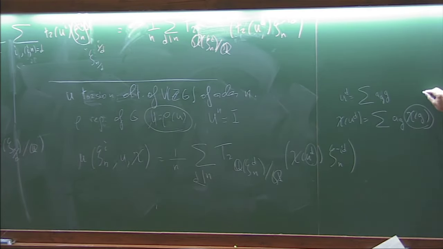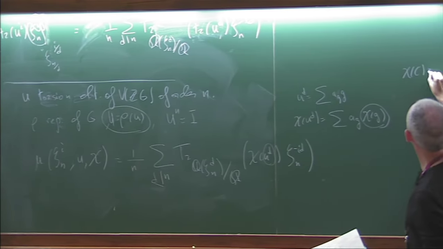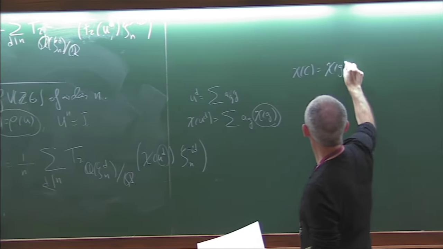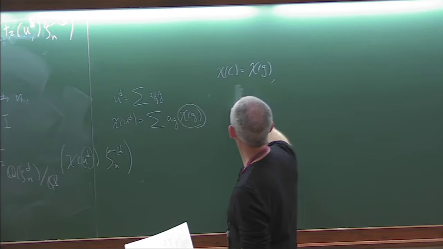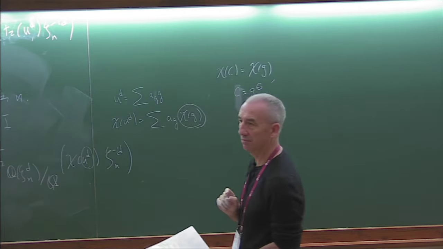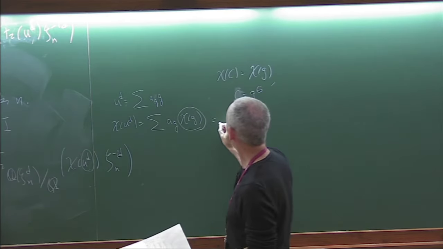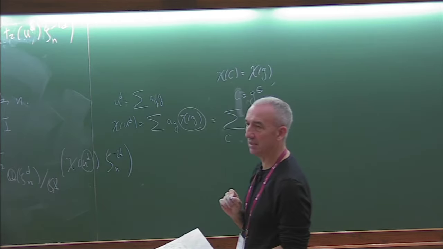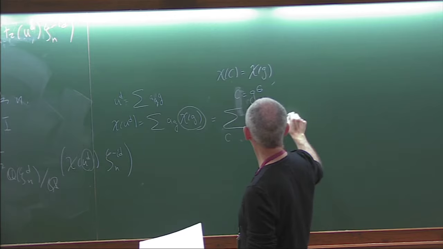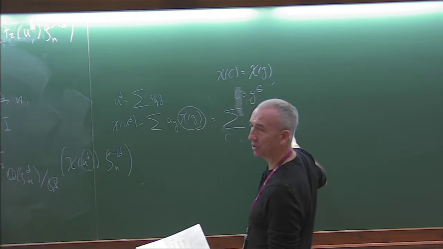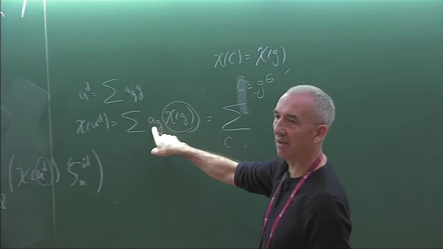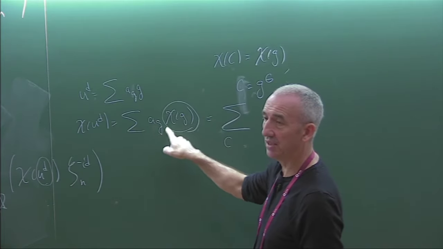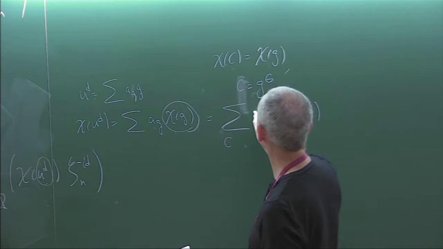So assume that I denote this anytime that C is a conjugacy class containing G. So I can rewrite this running on the conjugacy classes, and this is the same in the same conjugacy class, but now I have to add the coefficients of the elements in the same conjugacy class, and this is exactly